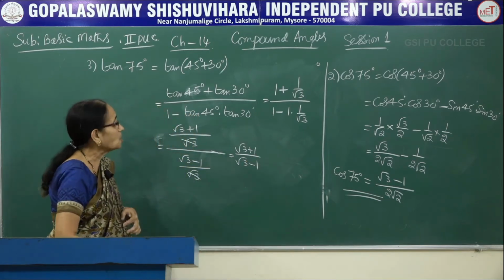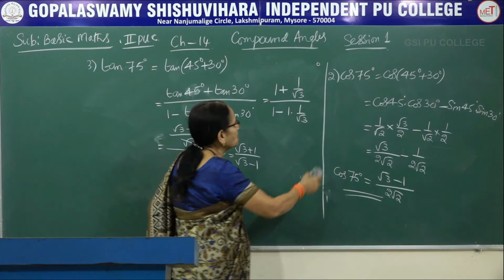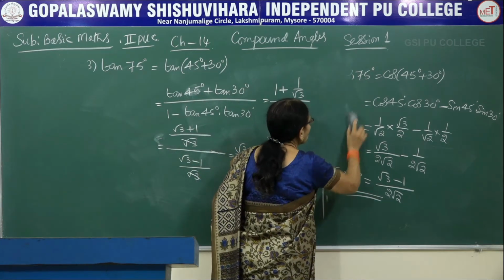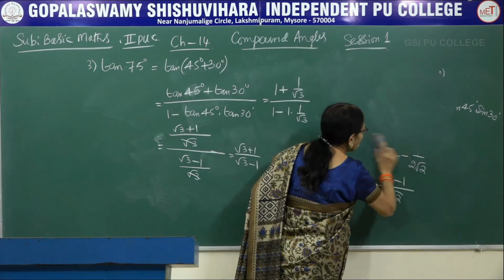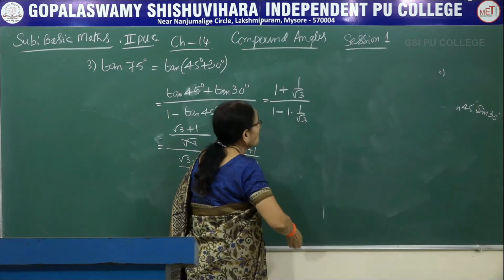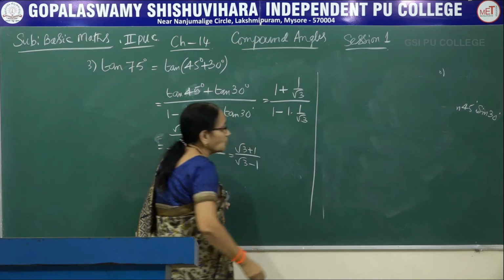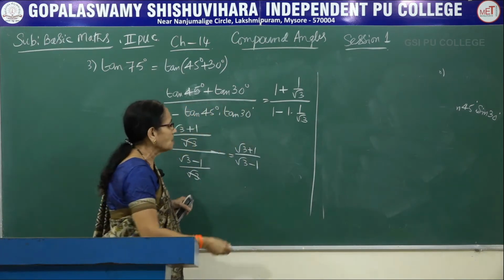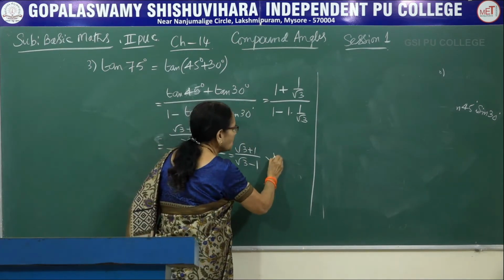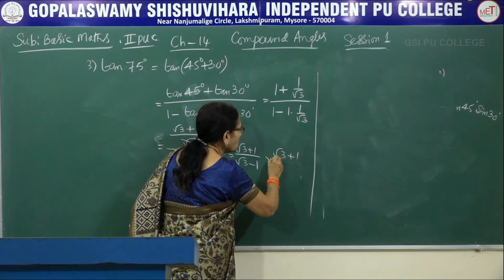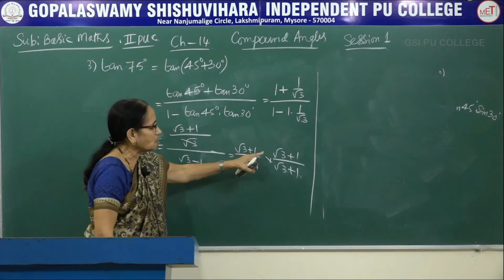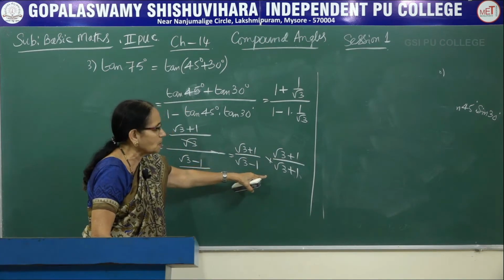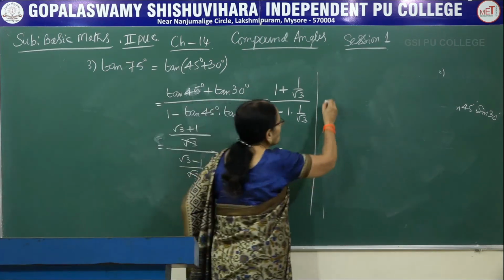Clearly, you see that we are having an irrational number in the denominator. What is our usual procedure? It has to be rationalized and write it as far as possible. Try to write it in the form of a rational number. And for that, now the rationalizing factor is root 3 plus 1 and multiply and divide by that number. Multiply and divide by root 3 plus 1 here on the right hand side.